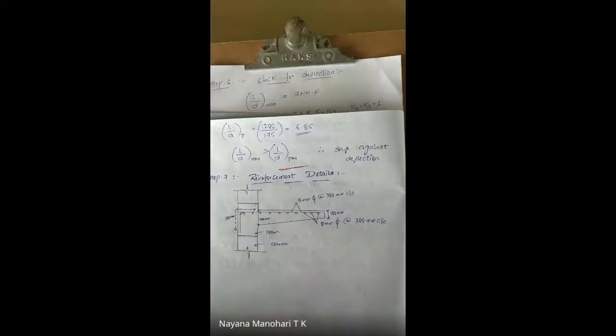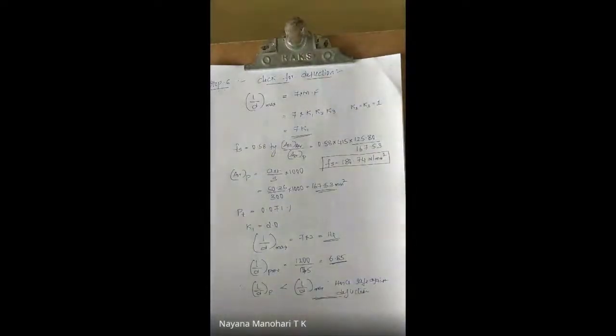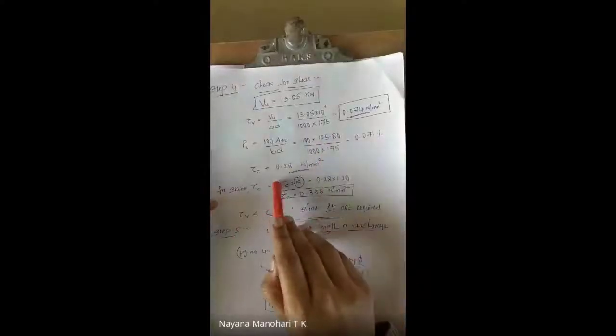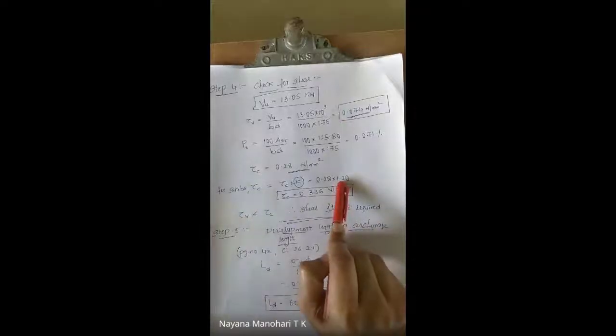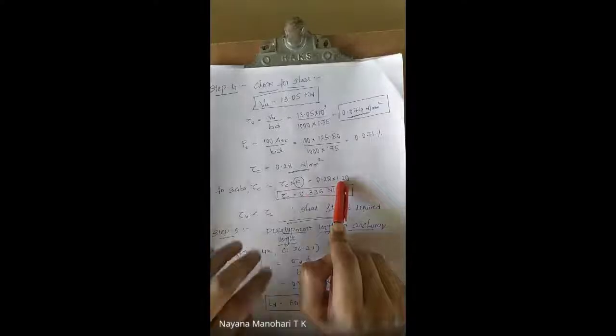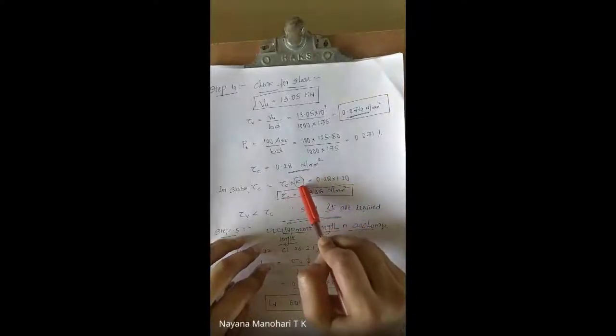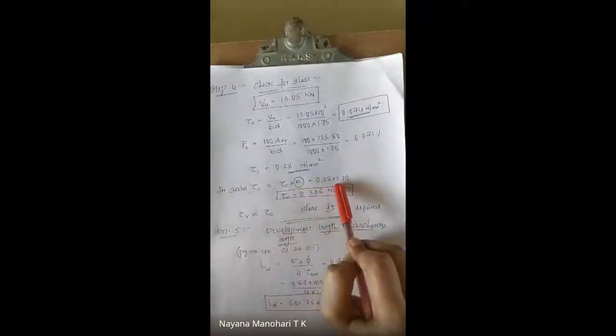Okay, any doubts? One small correction in case of the one-way simply supported slab. While applying the check for the shear, the same way what you have applied, there also you need to calculate it. I made a mistake. Check for shear is tau c into K value. That K value you need to multiply. In case of the one-way simply supported slab, I have not multiplied the tau c with the K value. Make a correction over there. In my notes I have done that.